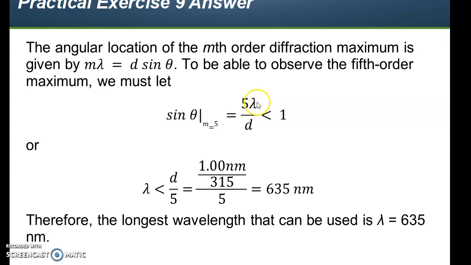So 5 lambda over d less than 1. d is your distance between them, which is 1 millimeter divided by 315, which is your N value, and you're looking for your 5th one, so that is 5. Okay? So that's 600